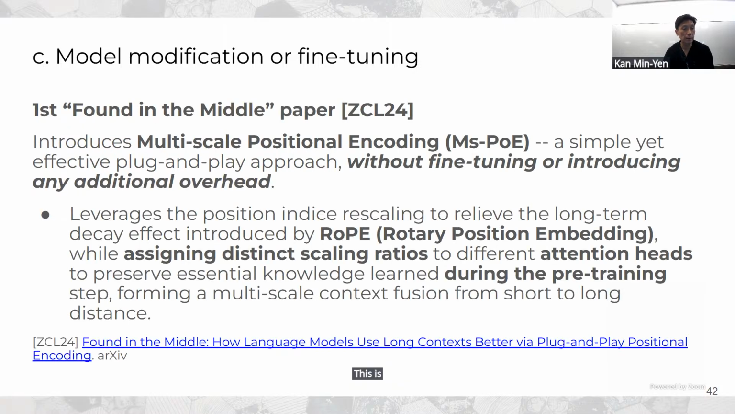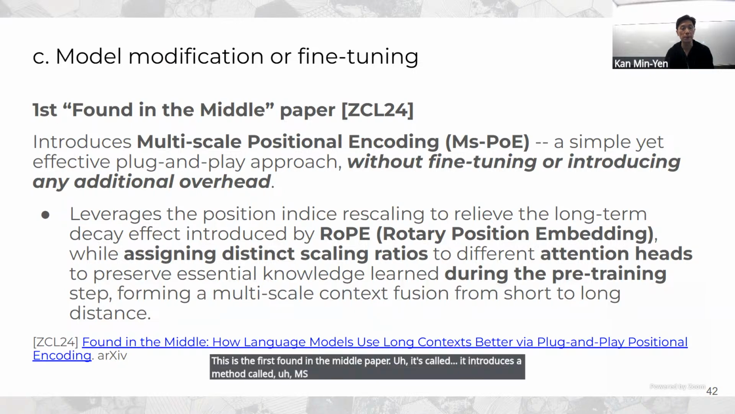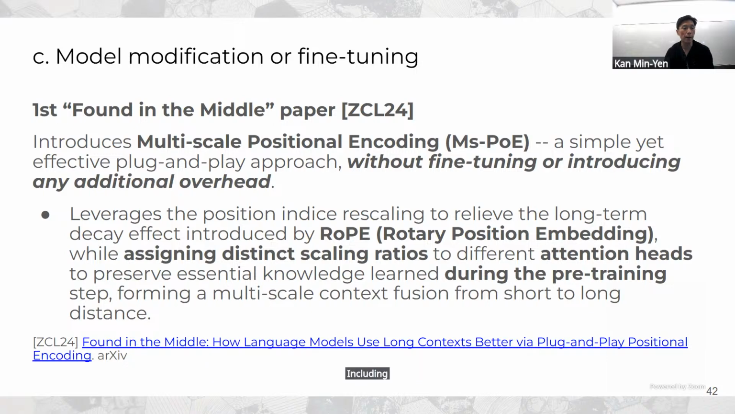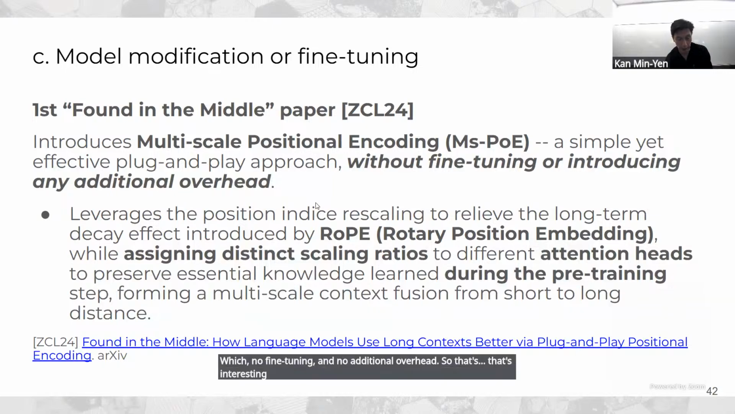This is the first found in the middle paper. It introduces a method called MSPoE, multi-scale position encoding. And the author said it's a simple yet effective plug-and-play approach, no fine-tuning and no additional overhead. So that's interesting. How it works is that